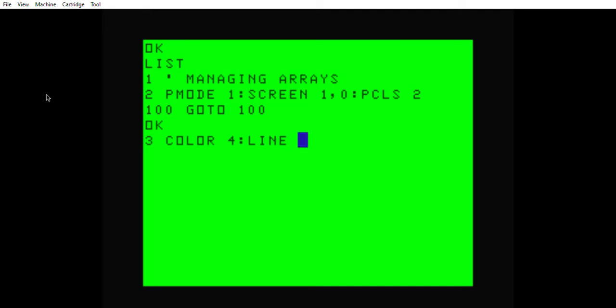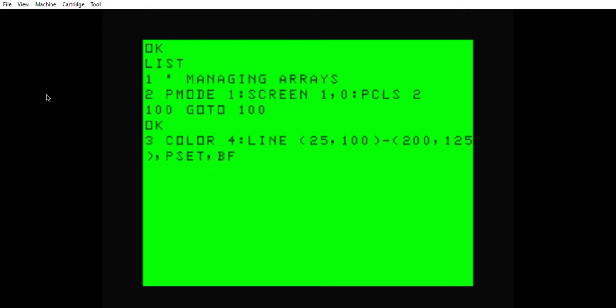Line 26, wait, I actually had this written down and now I have it nowhere in sight. So I'm just going to do the best I can here. We'll make it 25, 100, 200, 125, PSET,